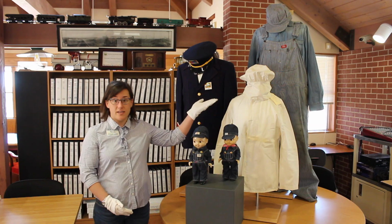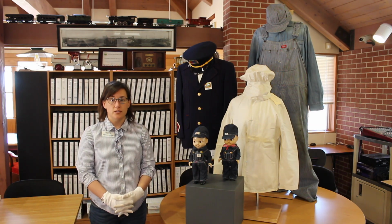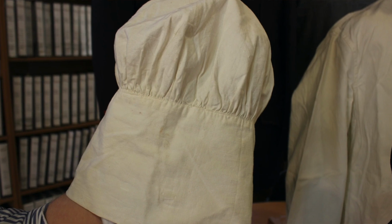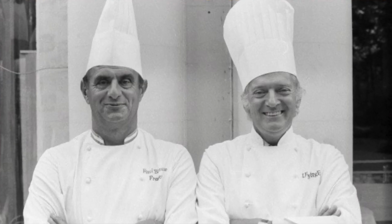We also have a chef's hat, which is formerly known as a toque. The word toque is actually derived from the Arabic word for hat, and the chef hat is very symbolic. The height and the number of pleats in the hat both show the expertise and rank of the chef. The taller the hat, the higher ranking the chef, and the more pleats in the hat represent the extent of